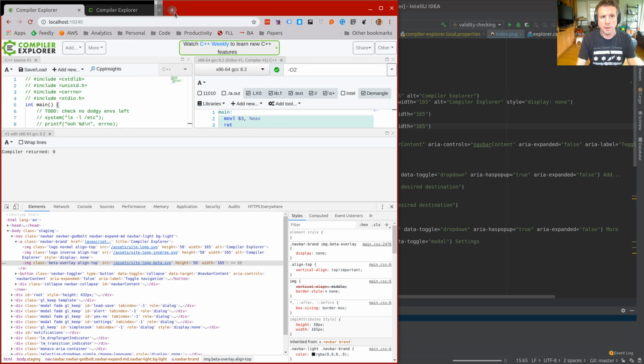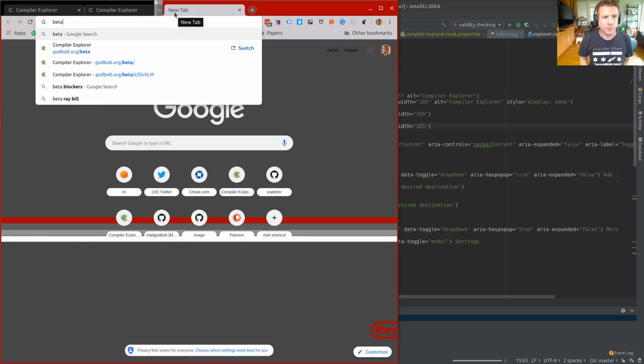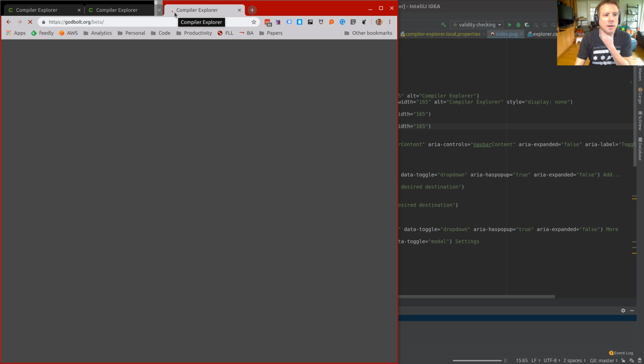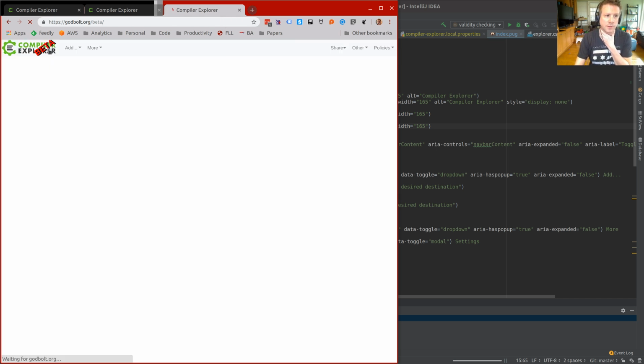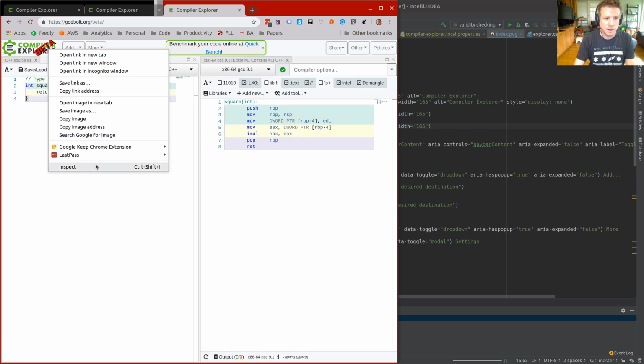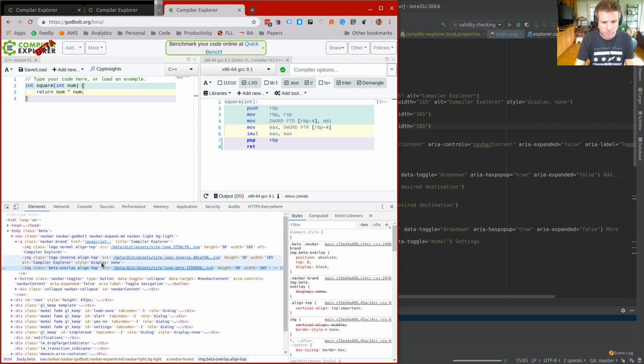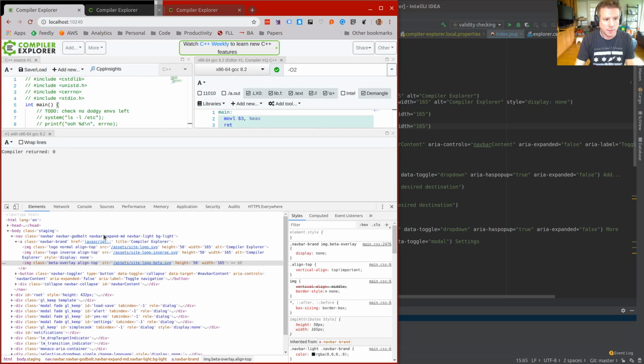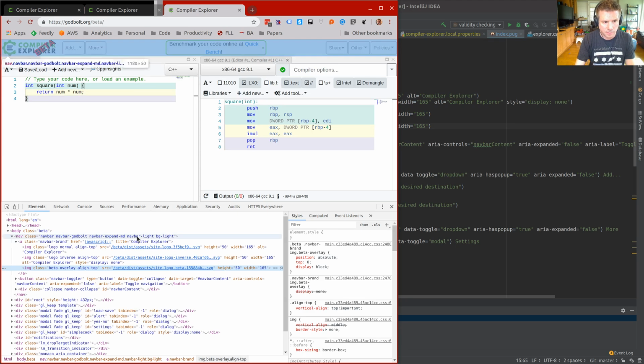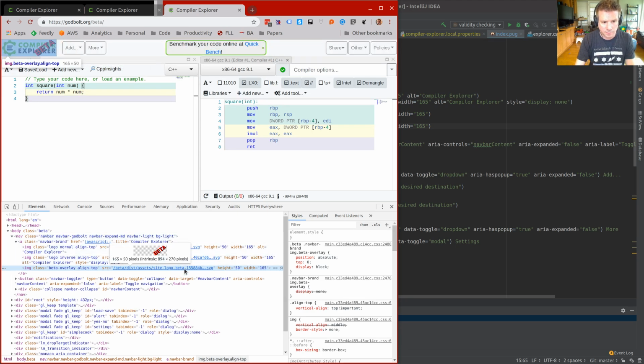All right. To the real beta site and see what the heck's going on there. That's working. It's pretty dreadful looking, but it works. Inspect. All looks good there. Beta overlay align top. Assets that.